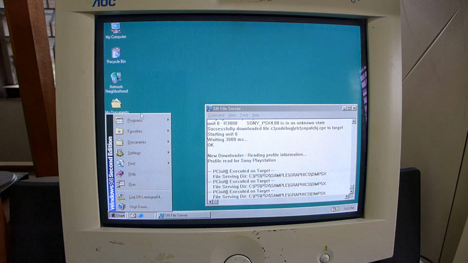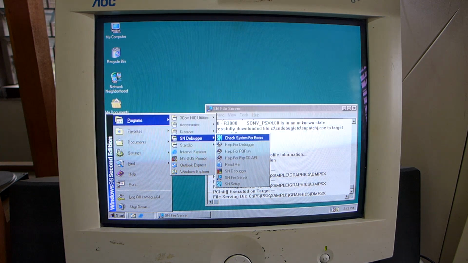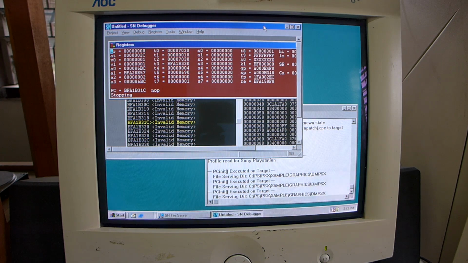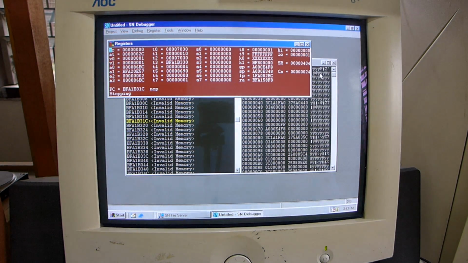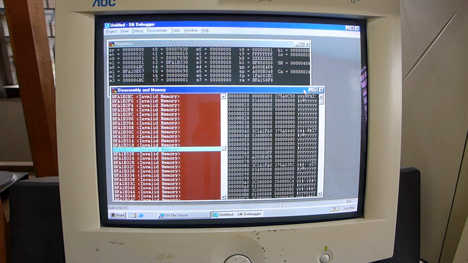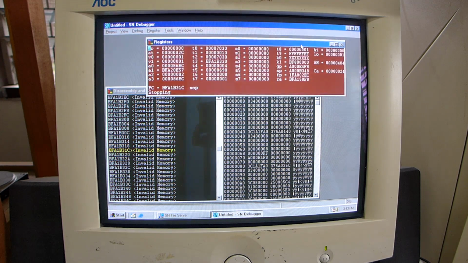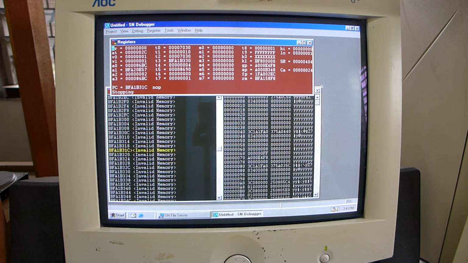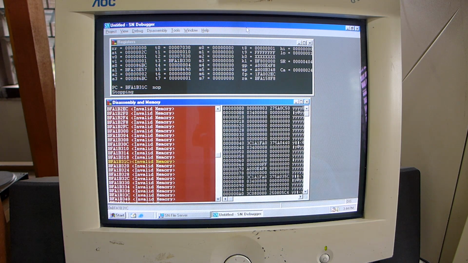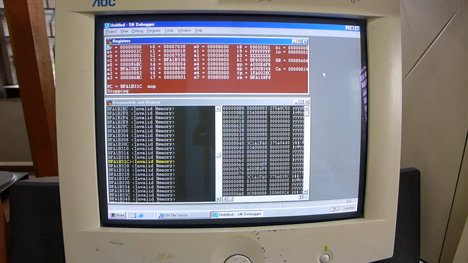And then we're gonna load up the debugger. Now, to set up a program for debug, this is the advantage of the Windows-based debugger. It's an MDI application, so you can make good use of your video display setup if you have a high-res